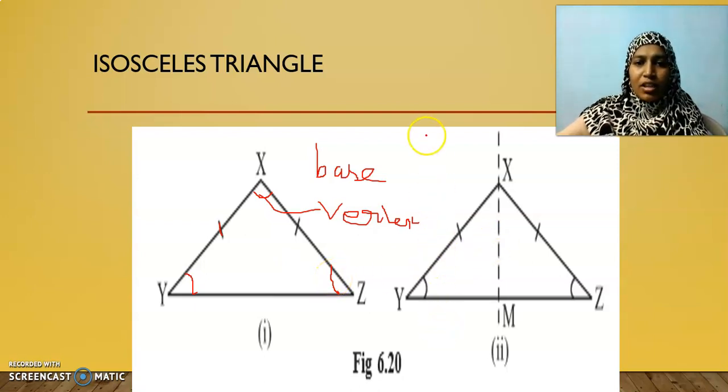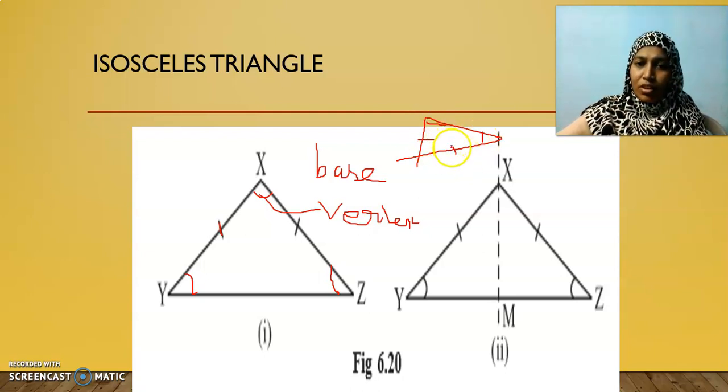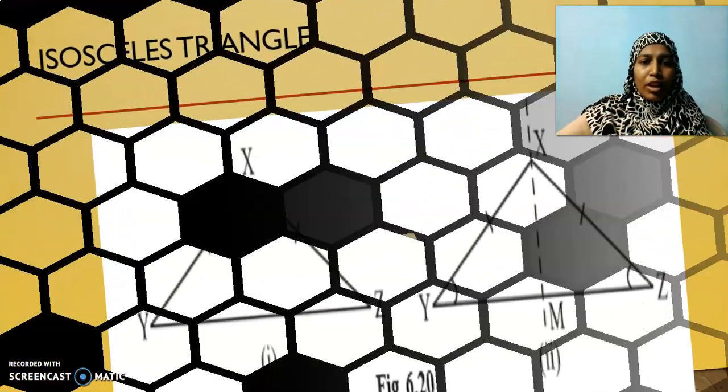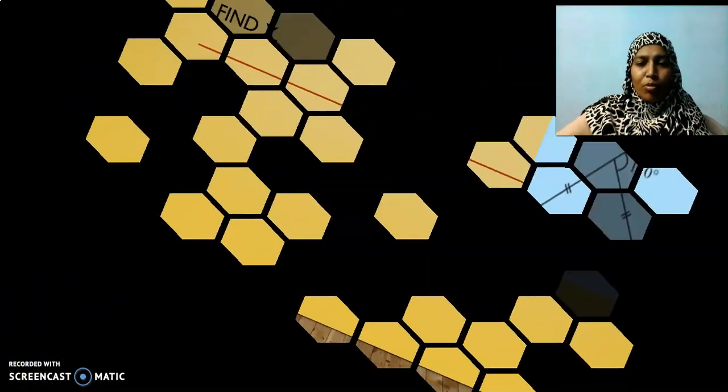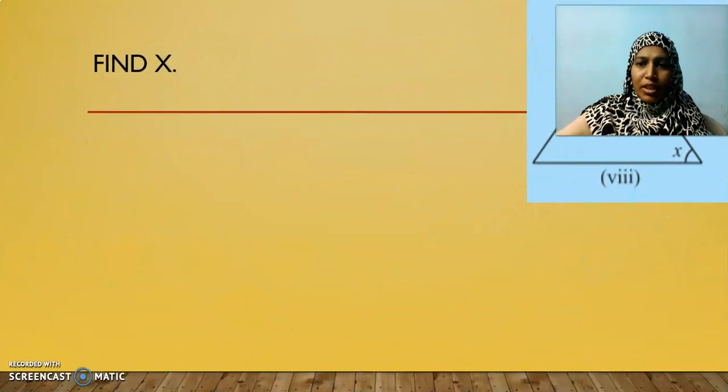See, if I have a triangle like this, and if I say these two are base angles, it means that these two sides are equal. My triangle is not in a good shape, but depending upon the position of the angles, the position of the sides differ. Or you can say it in reverse order also. Is it clear? Okay. Now we are going to see few problems based on these properties.